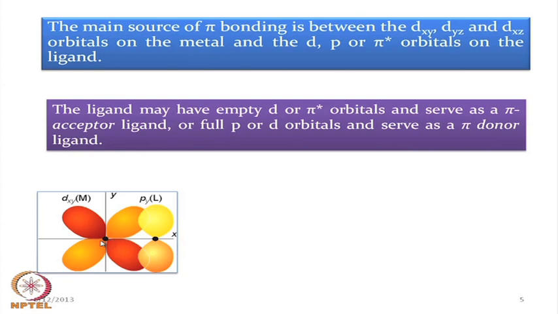Now, we will consider some of these ligands as typical pi acceptor ligands, or full p and d orbitals to serve as pi donor ligands. So, if we have the vacant or empty d or pi star orbitals, that means if we consider nitrogen, we can consider that it has a vacant d orbital because we do not have any electron in the d level for nitrogen or oxygen. But if they are available for some kind of acceptance of the pi type of electron density from the metal